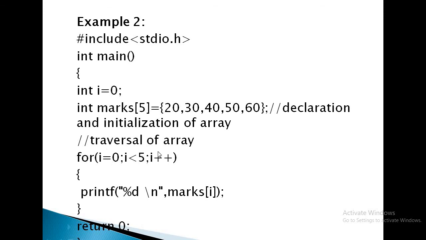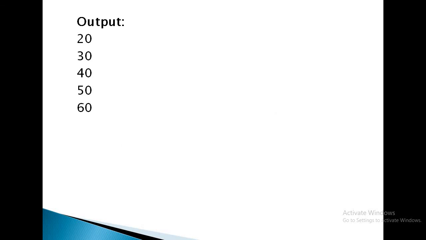Whenever the for loop condition is true, automatically the data is arranged in the concerned location. The 0th location holds 20, first location 30, second location 40, third location 50, and the fourth location 60. So this is the output for the above code: 20, 30, 40, 50, and